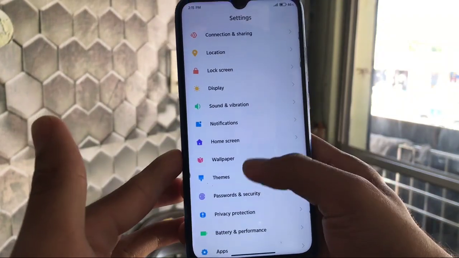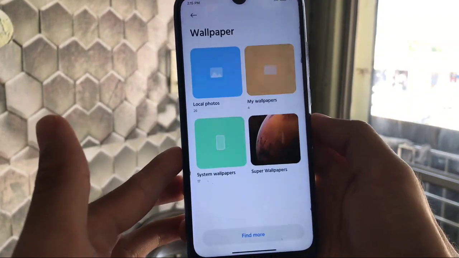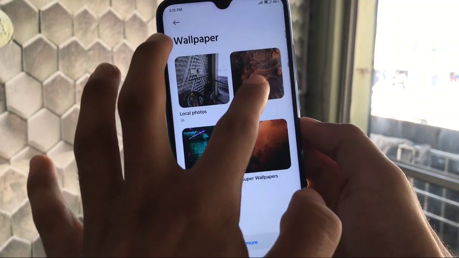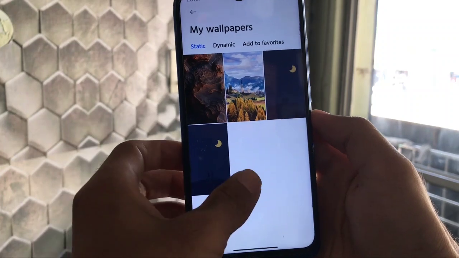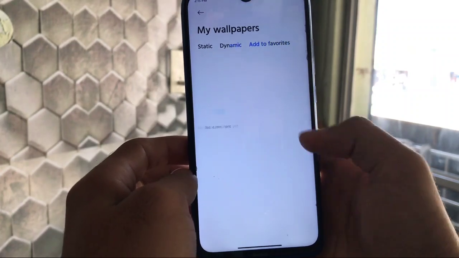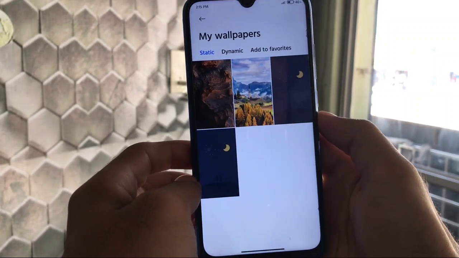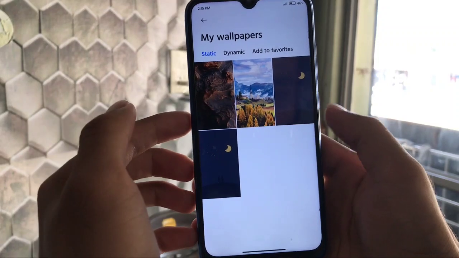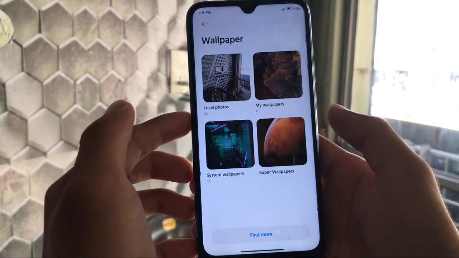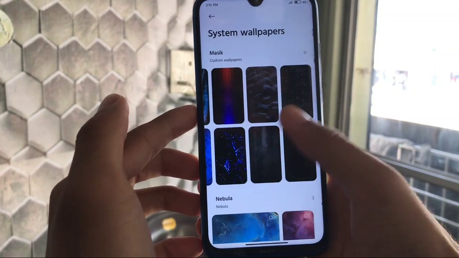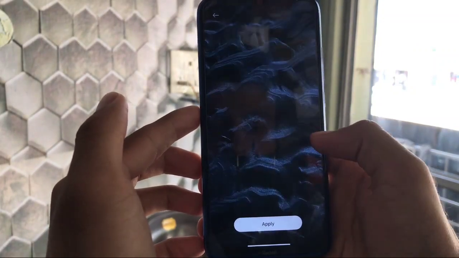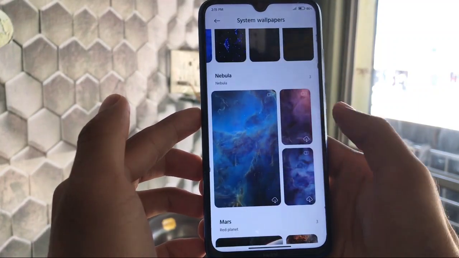All other things I have already shown you, and yes, it has the super wallpapers pre-included, and also if you have noticed, it has these static wallpapers, dynamic wallpapers, and add to favorites you can add from here. These are the 2 wallpapers I have already applied and downloaded, and these are the system wallpapers which are pre-installed. Some great wallpapers are already available. You can adjust any wallpapers from here.